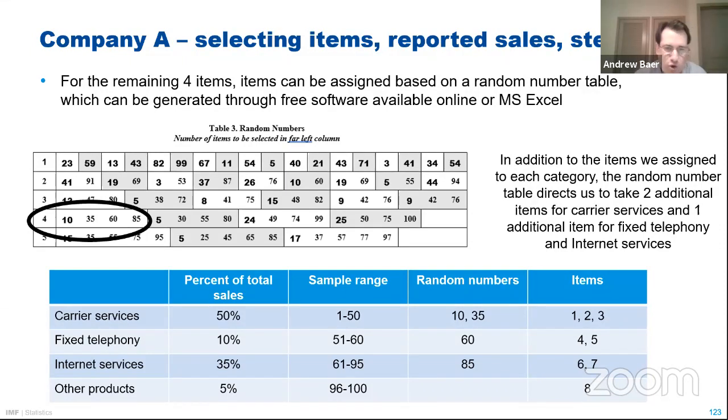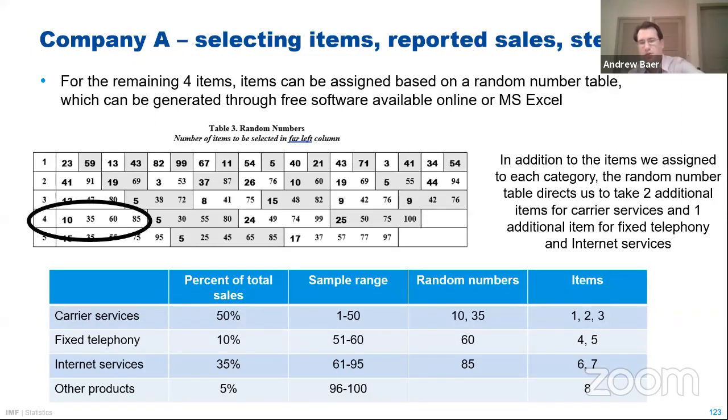These slides walk through how you could use a random number table to make a statistical selection of items. In the interest of time, I don't want to go through this in detail because I'm guessing you don't use this approach now. Is that correct? I think the idea is more important than the detail here, so I'm going to skip over this. If anyone's interested, I could stay afterwards and talk through it.